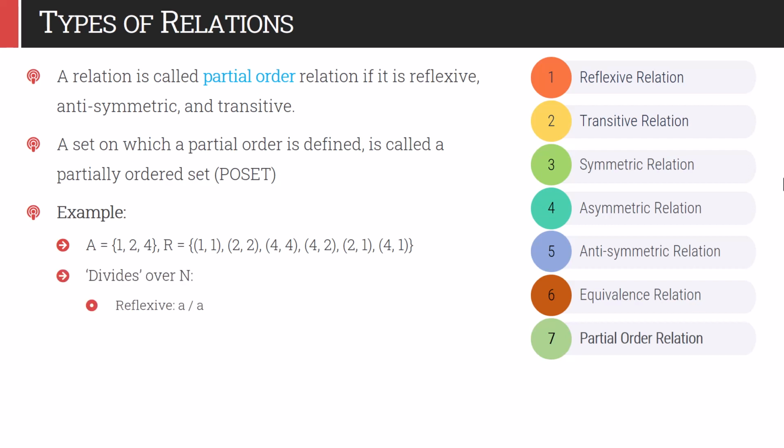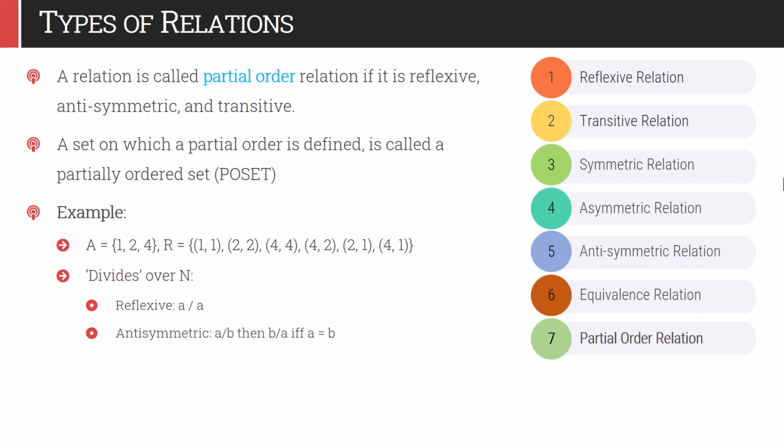The other example is divides over N. On the set of natural numbers, if we define the relation divides, then that is also a partial order. It is reflexive, because every element divides itself. It is antisymmetric because if A divides B, then B divides A only if A is B. So 2 divides 5, but 5 divides 2 would be wrong. You can divide 8 by 4, but 4 divided by 8 is not true,